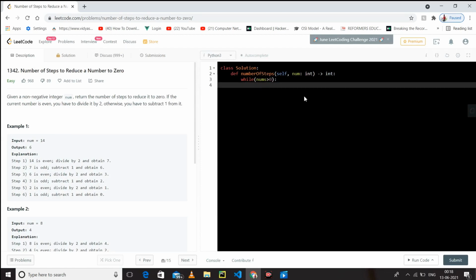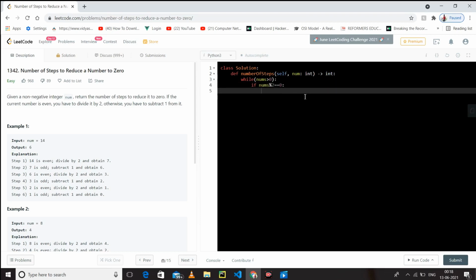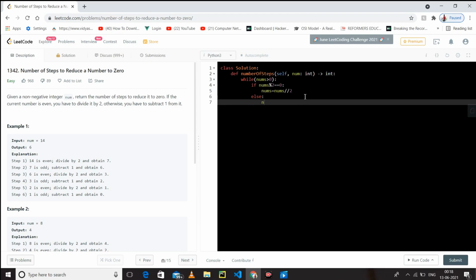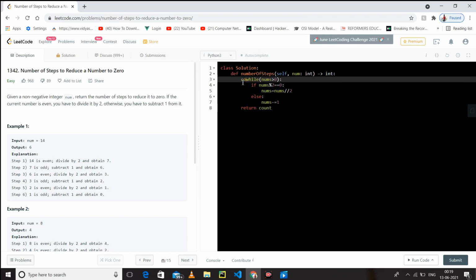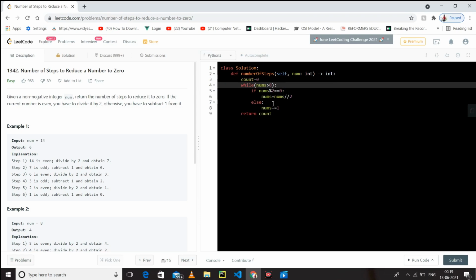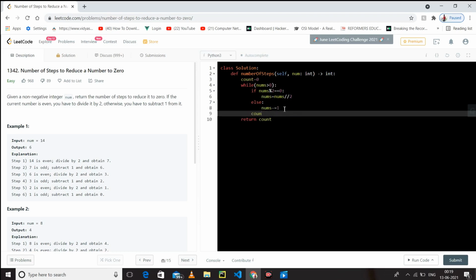If nums is divisible by 2, then what we have to do is, now I'm going to use shorthand, just return count, but we haven't maintained a count variable. So let's maintain count, and every time it will take 1 step, just return it.